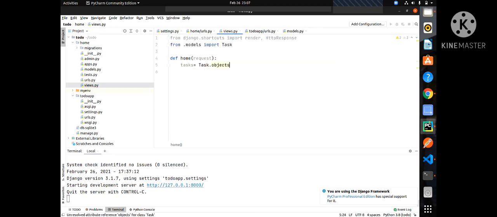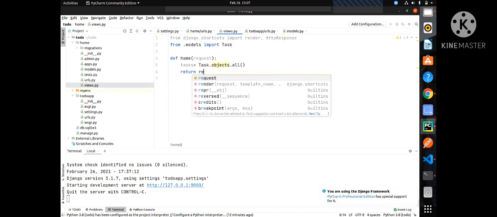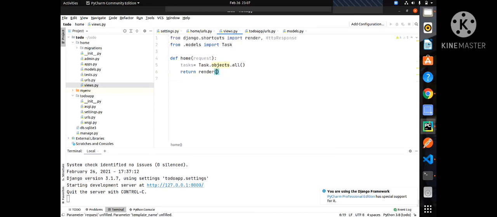We are creating an object first, object of the task, so we can render all the data that is present in the task table. So we will create a dictionary, and that we are going to return as a context. So tasks should be the key, and the task is the value. So all the tasks that we create in a table will reflect